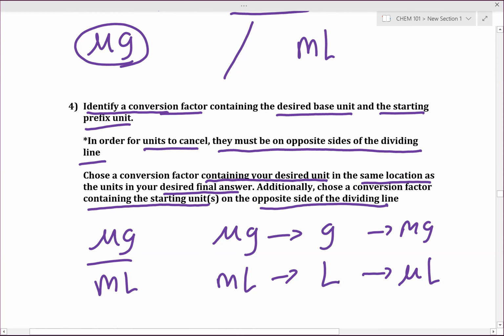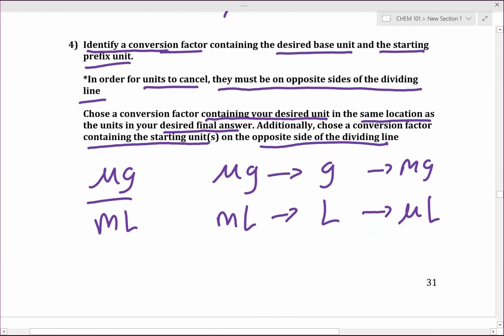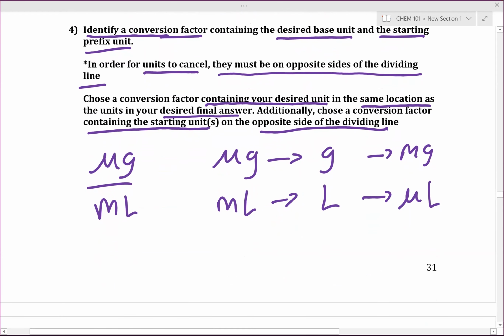Okay, perfect. Now from here, we're going to have to generate some conversion factors. And this time, I'm going to ask you to try to generate them a little more efficiently. So first and foremost, let's be reflective of the fact that it's 1 over mils, and so we need 1 over our volume units. Okay, so first let's start with the top, micrograms to milligrams.